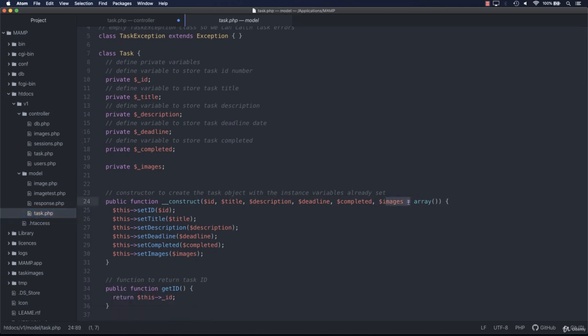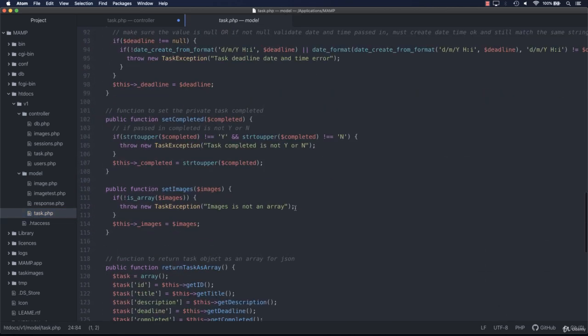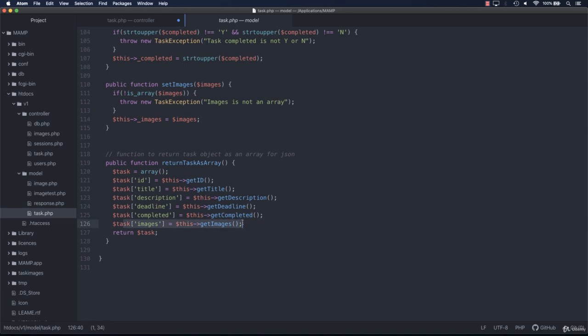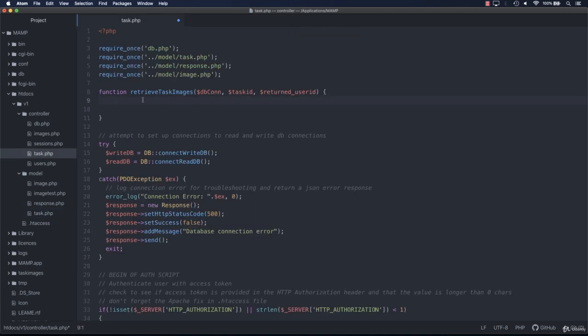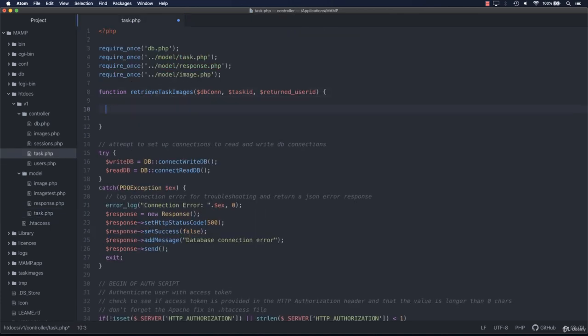So we'll pass the array in as an image, and then when we return the task, it will return the images if there is any. And if there isn't, then we'll return a blank array just to tell the client that there is no images to return. So what we'll do now is create the image query,